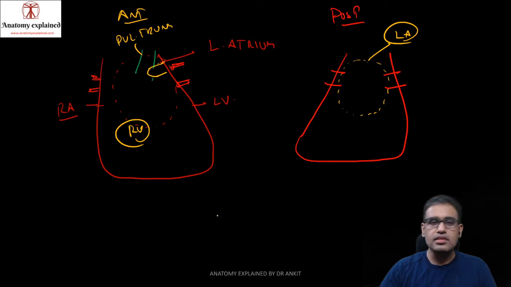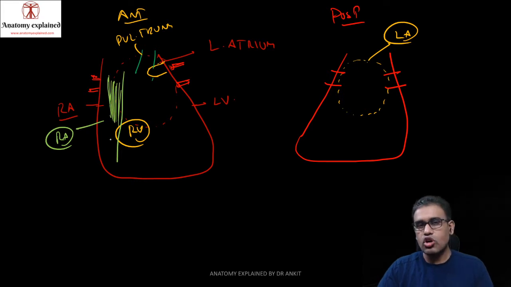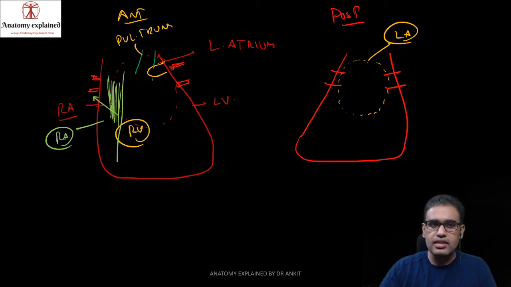That implicates that in this whole chamber, if you make an anterior line, that is the RA from the anterior side, and this would be the LA, that is the dotted part from the posterior side. The line I'm making is our interatrial septum. So that is oblique and slightly goes to the right side as it goes from anterior to posterior. So the direction is like this.